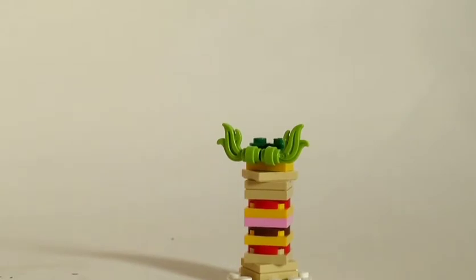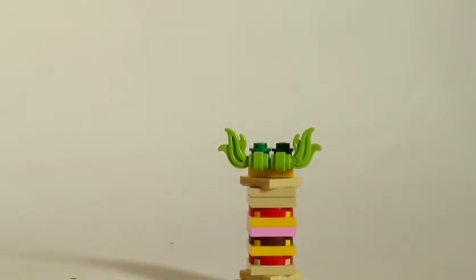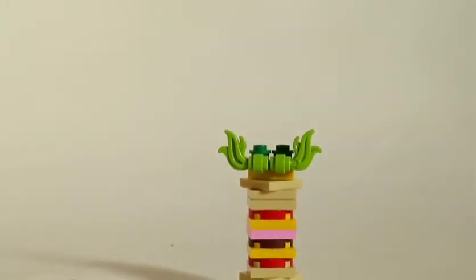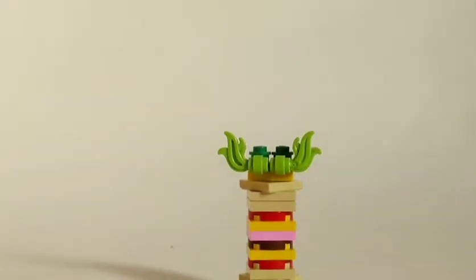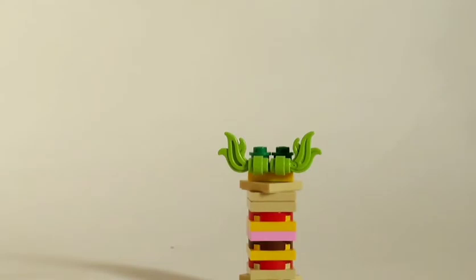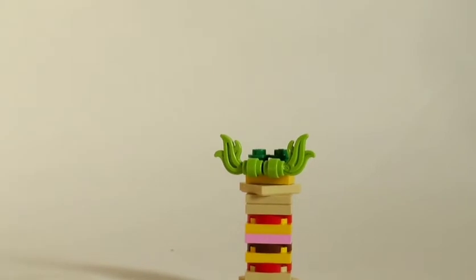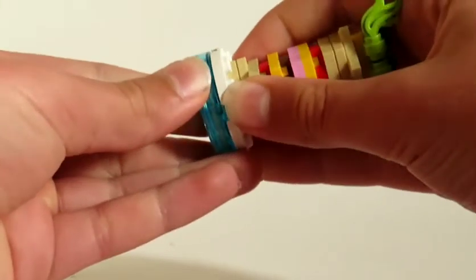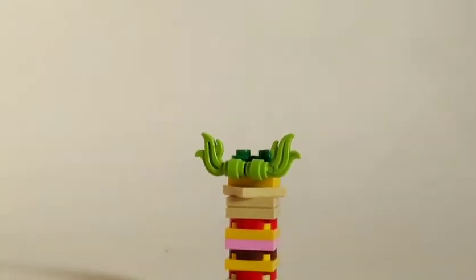So for the actual sandwich itself, it's quite a tall, thin build. And as you can see, it's very tall, especially when you compare it to a minifigure, and that is actually how tall it is in the game, but I think that's just fine, because it'd be very hard to make it minifigure scale. But it has this nice white round piece as the plate, and it is actually the same size as the base, so that shows you what size the base is. It's a 4x4 round base but with only 4 studs,